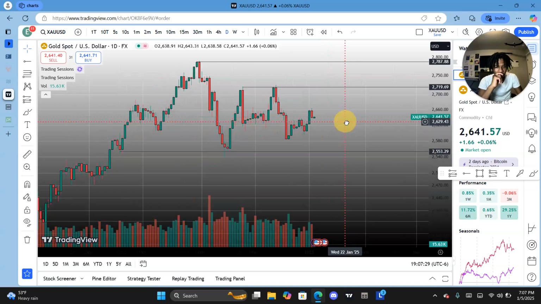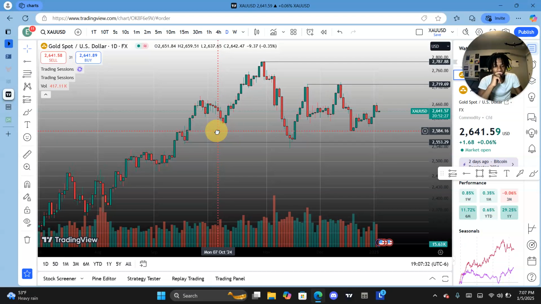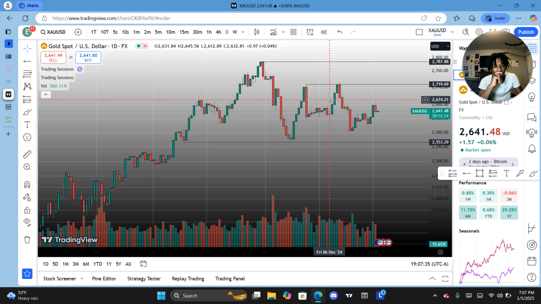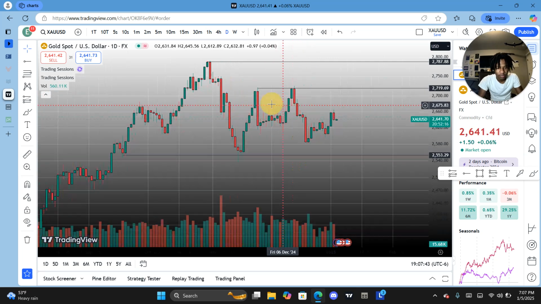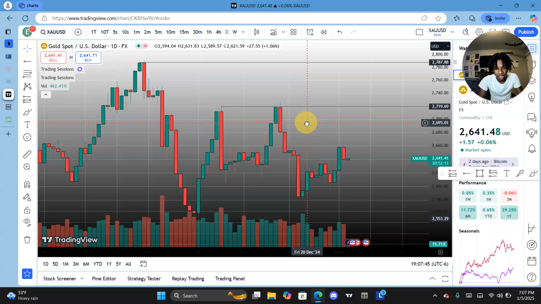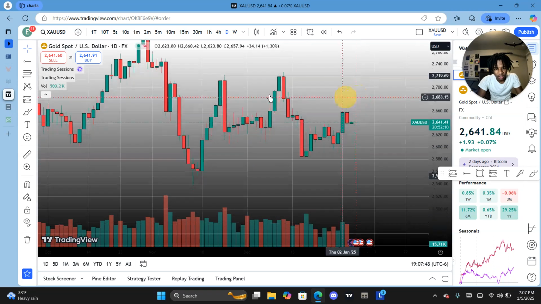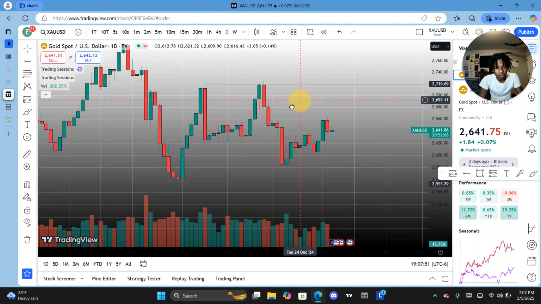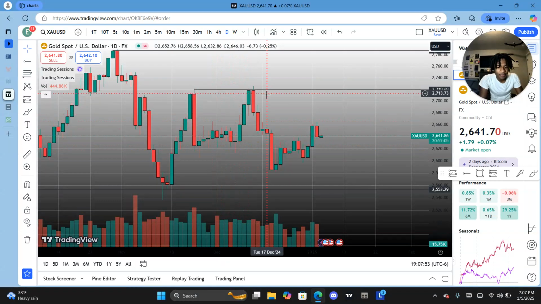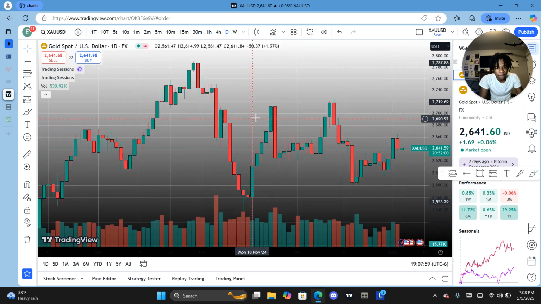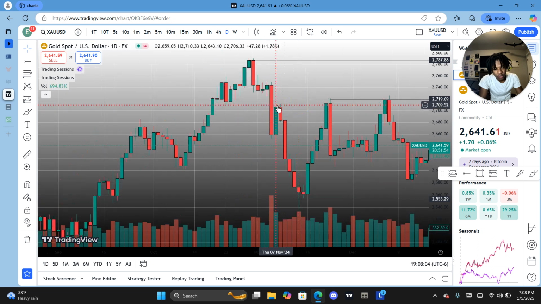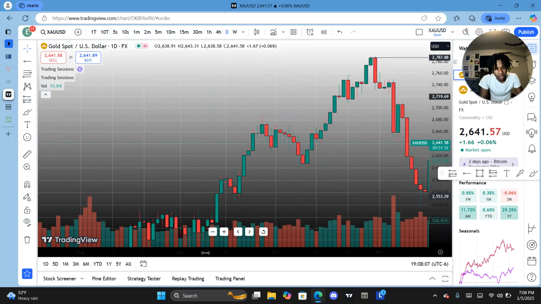Let's see where that lines up. Okay, so we can see that we have these two right here, these two relatively even highs. And what that's going to tell us is that this is a good resistance point. Resistance as in the price will come up to this point and sell off of it. Why is it the case? Honestly, I can't tell you. But you also have verification, like right here in this level right here. And I'm sure if we go back even further,